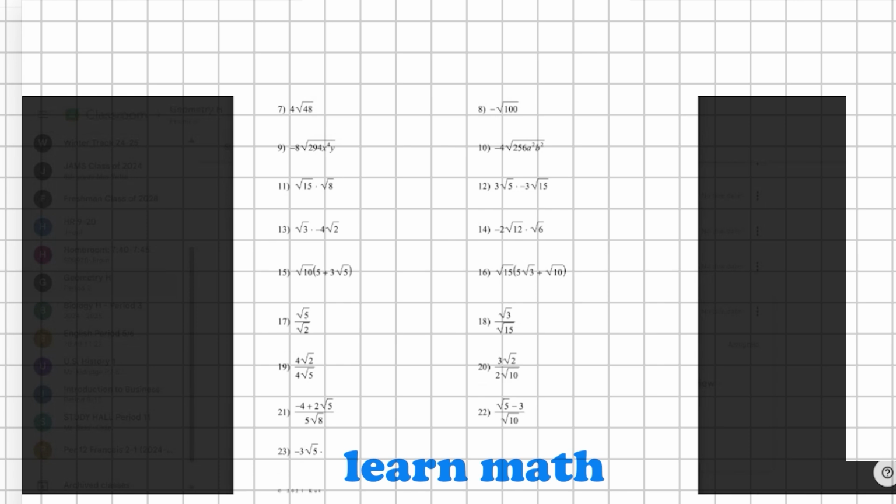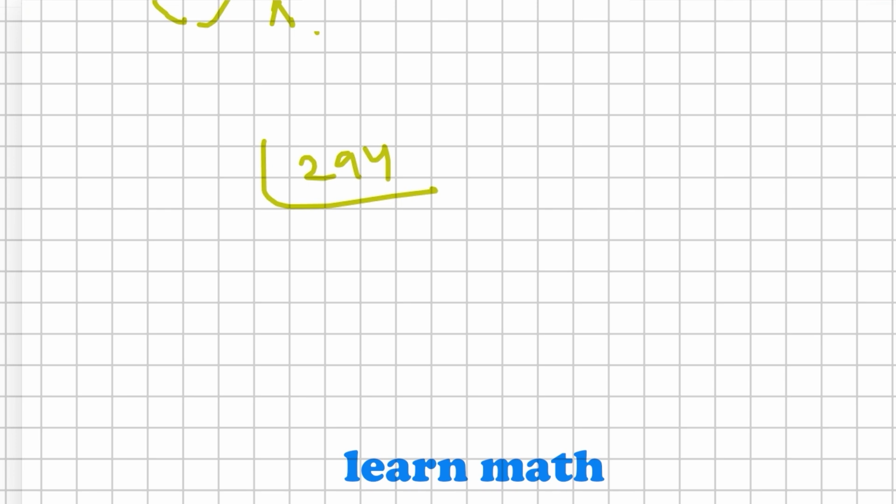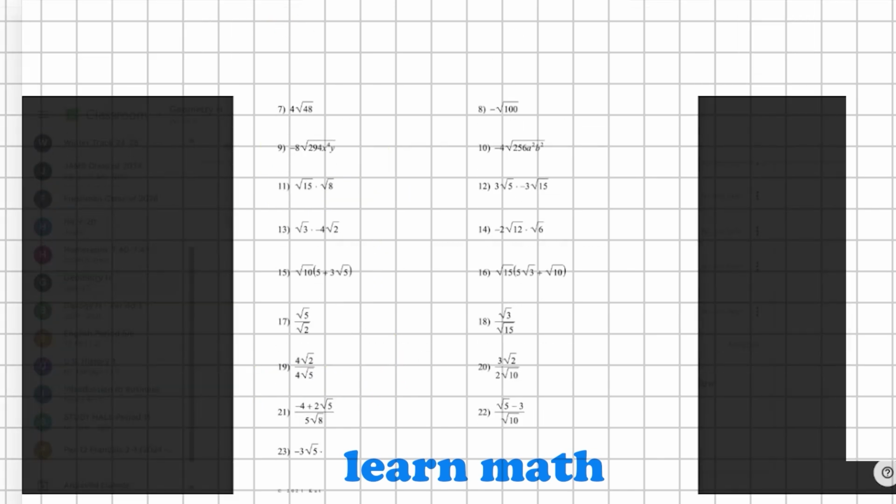You could do prime factors. So 2 to the power of 1, 3 to the power of 1, and 7 squared, right? 2 times 3 times 7 squared. Yeah. So the answer is